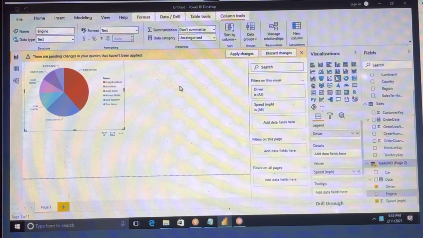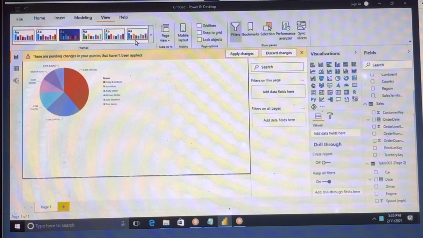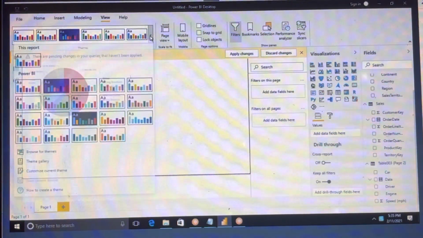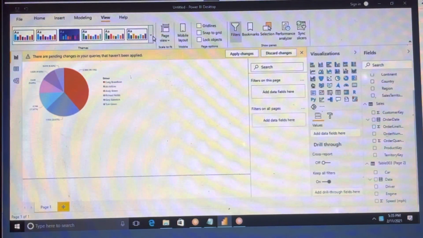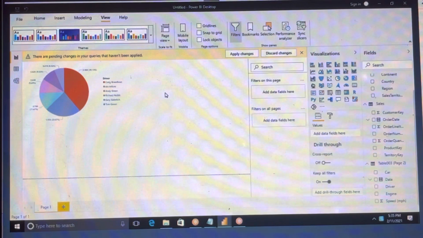If you are not able to see the font clearly, the letters, what you have to do is go to the View menu and select here. There is a custom theme. Customize current theme, click on it.